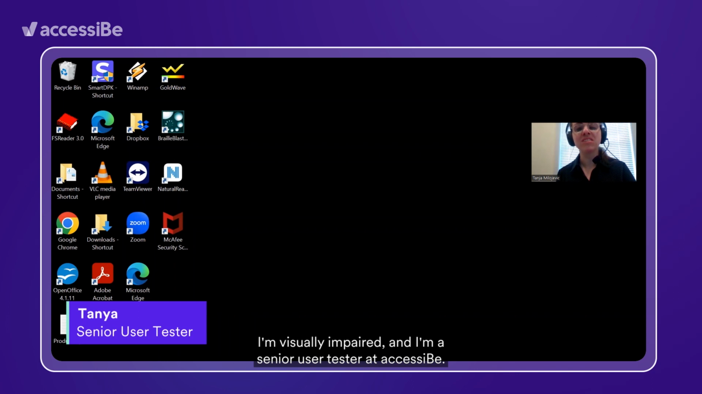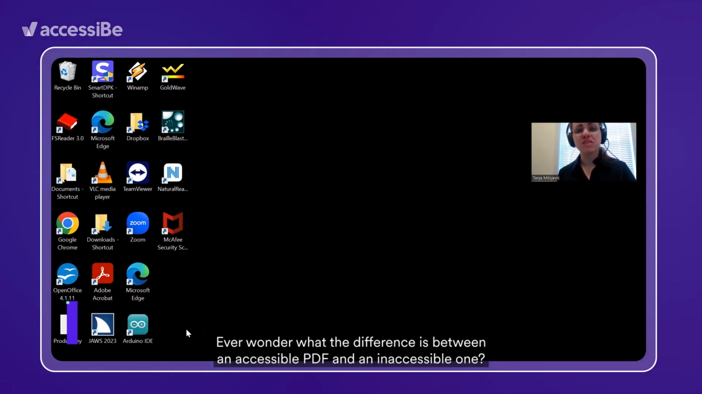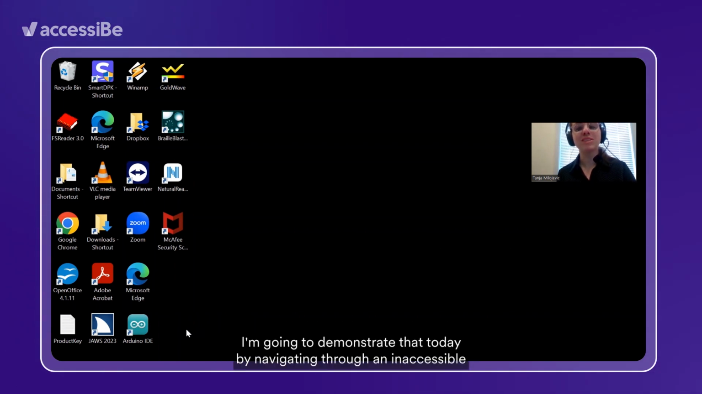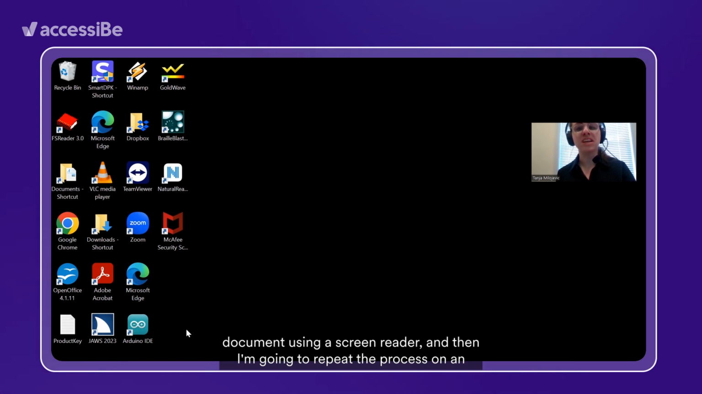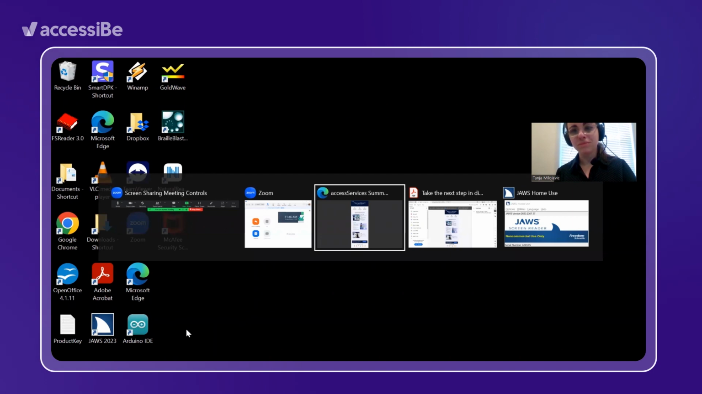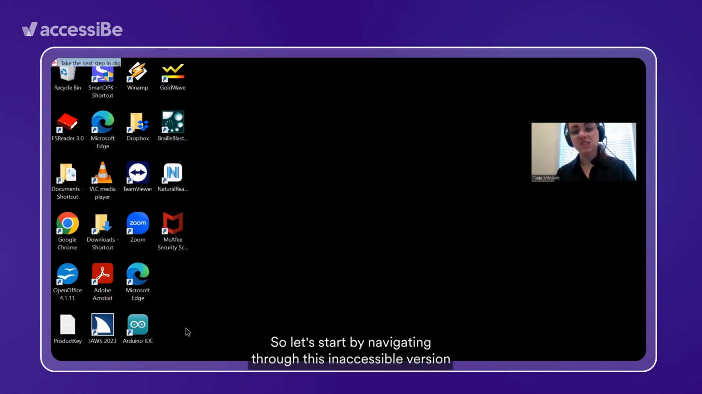Hi, I'm Tanya. I'm visually impaired, and I'm a senior user tester at accessiBe. Ever wonder what the difference is between an accessible PDF and an inaccessible one? I'm going to demonstrate that today by navigating through an inaccessible document using a screen reader, and then I'm going to repeat the process on an accessible version of that same document. So let's start